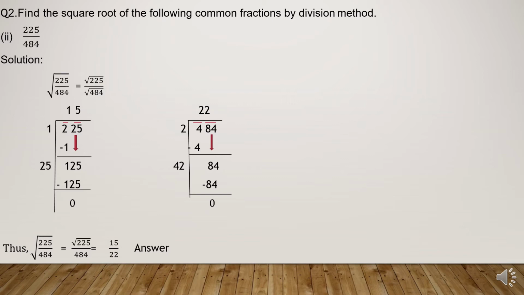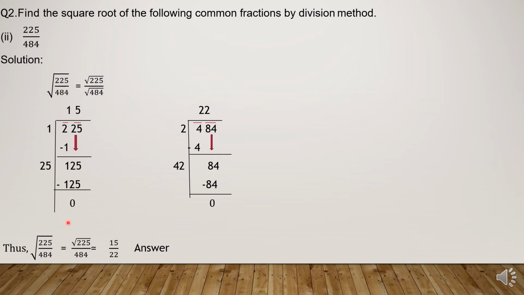So we will try with 2 and we multiply 42 with 2. 2 2s are 4, 2 4s are what? 8, and we get what? 84. Means we will write here 2 and also in quotient 2. 42 2s are what? 42 2s are 84 and 84 minus 84 is 0. So in the last, what will we write? We will rewrite this step.